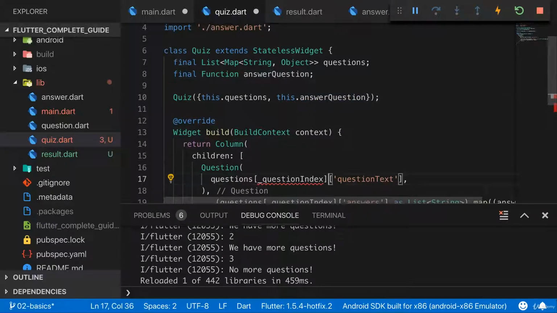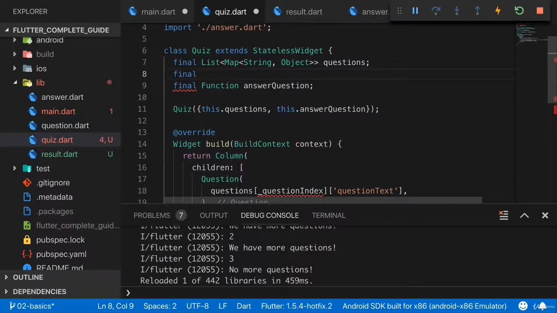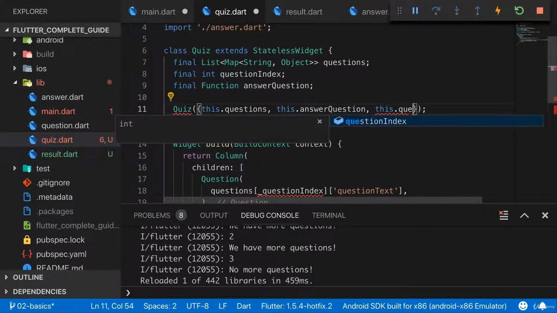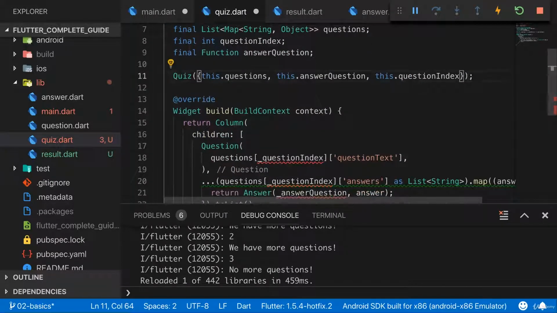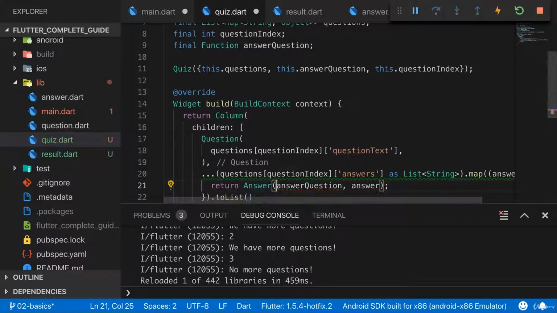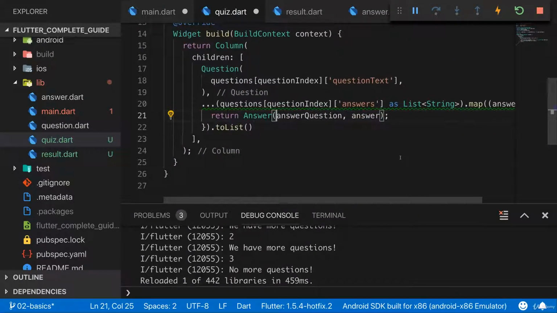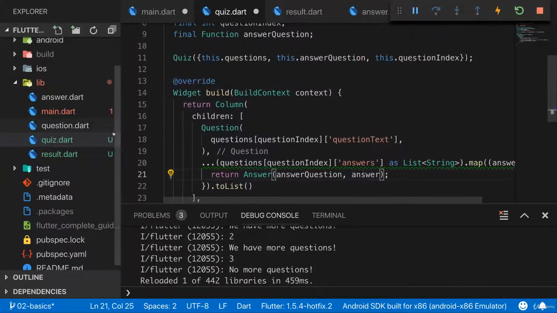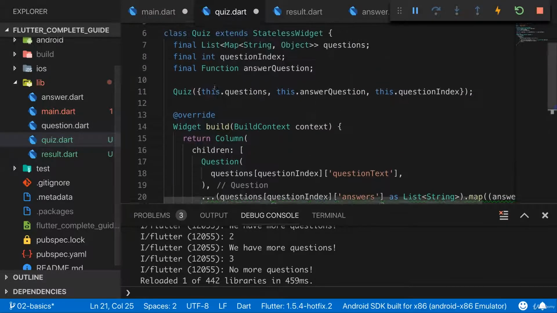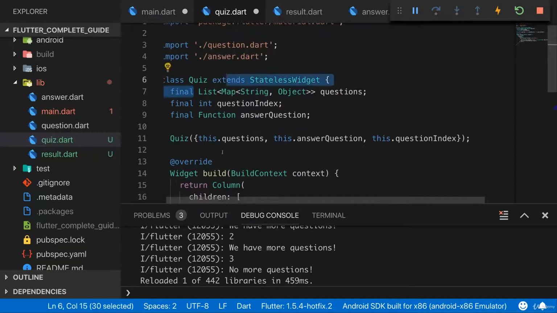Now, the problem is I also need to know which question we're looking at. So let's also accept our question index here, which should be an integer, and also add this as a named argument here to the quiz widget. And then here I use question index without the underscore, and here answer question without the underscore, and therefore this should all work. And now in main Dart, where we use this quiz widget, we now have to pass these